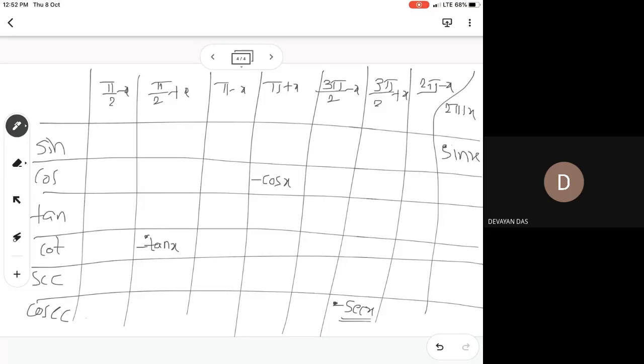Okay, here tan 3 pi by 2 plus x. Sir, minus cot x. Minus cot x. Did you enjoy the class? Yes sir. Did you understand now? Yes sir. As soon as the class is complete, if you have no other class, have lunch and immediately do this work, so that only then you will be able to remember. If you say you will do it later, you forget.